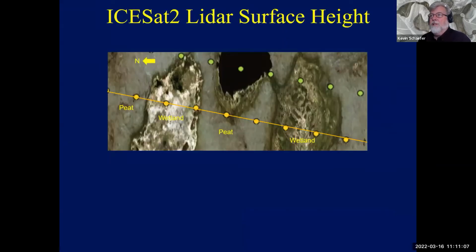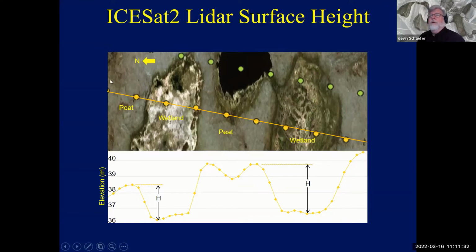Now let's look at some LIDAR data. And this is from ICESat-2. One of the ICESat-2 products is height. And I'm just showing one beam here because it's several beams, three sets of two beams, but I'm just showing one beam. And you'll notice the arrow here, north. I tipped it 90 degrees just for artistic reasons so I could show this. But on